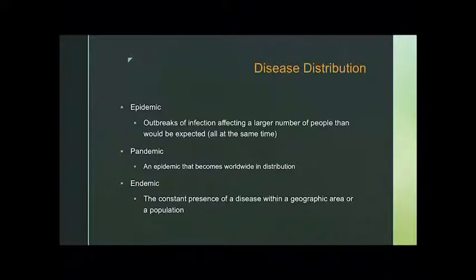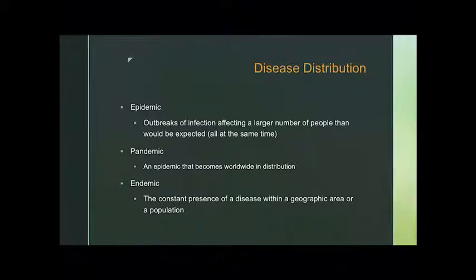When we talk about disease distribution, there are three important terms, and these may be familiar to you or somewhat familiar already. When we talk about an epidemic, we're talking about a large outbreak. Oftentimes people think that to categorize something as an epidemic, a certain percentage of the population has to be affected. But that just wouldn't be very helpful, because with certain diseases you have a very small percentage at any given time, so you wouldn't need that large an increase to warrant some concern.